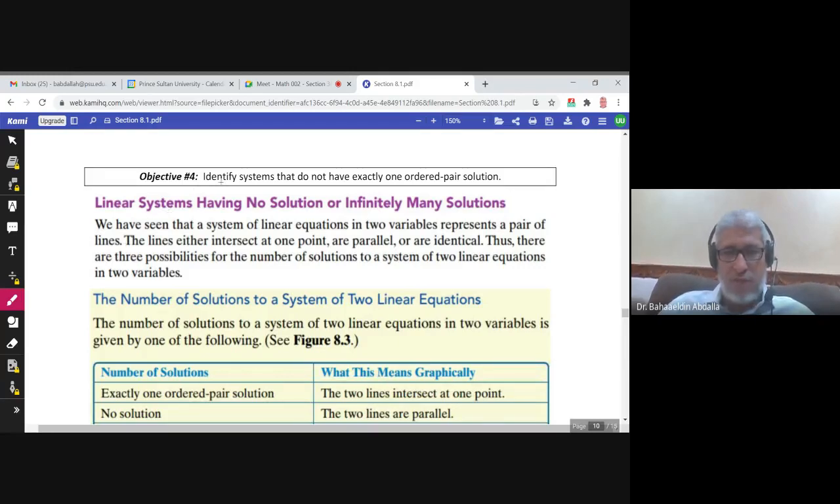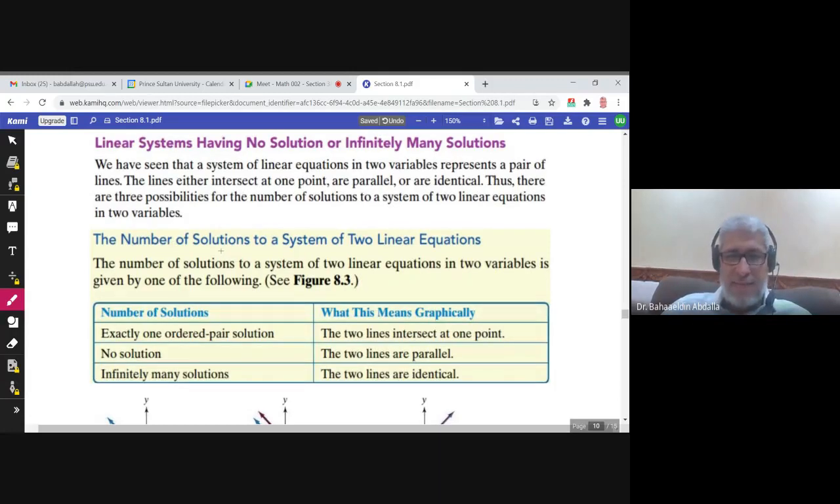Now, for objective 4, identify systems that do not have exactly one ordered pair solution. In the previous examples, all systems had exactly one ordered pair solution. So we have 2 other possibilities, as we mentioned at the beginning of the section. For any system of 2 linear equations, we could have exactly one ordered pair,